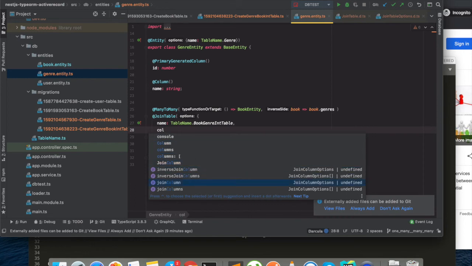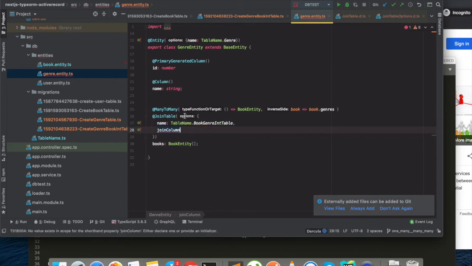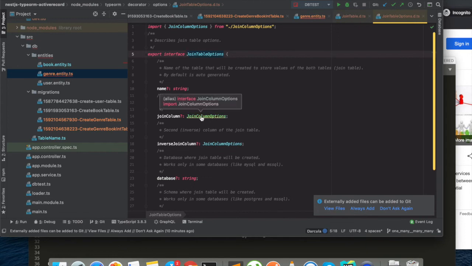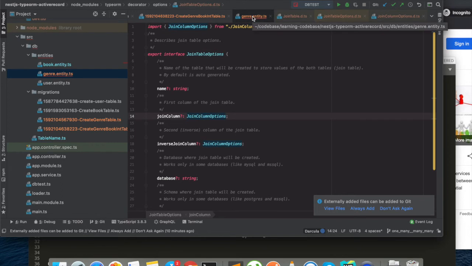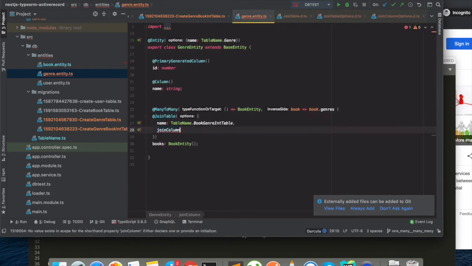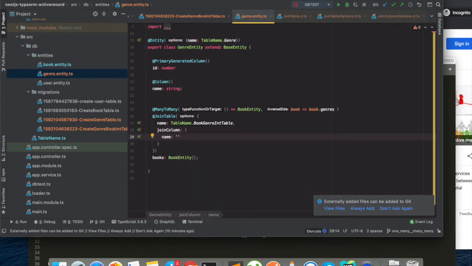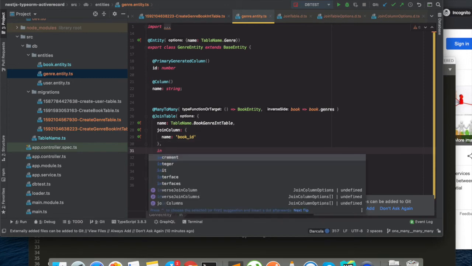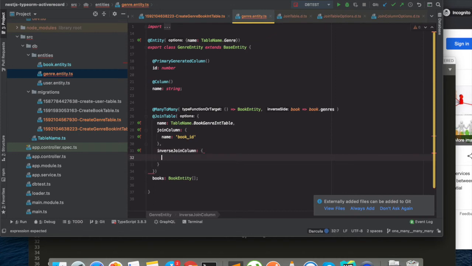Join column would be the first column, so it would be your book ID, and secondly, your inverse join column, that would be your genre ID. So we have this thing ready.